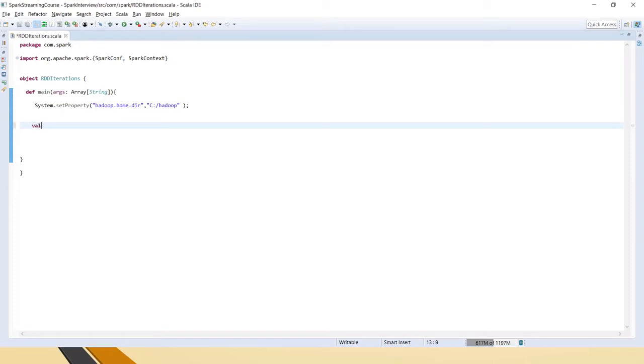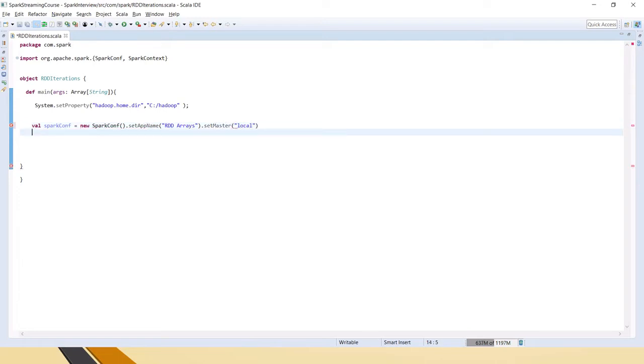So let me create Spark conf and Spark context. I'm passing the Spark conf here.